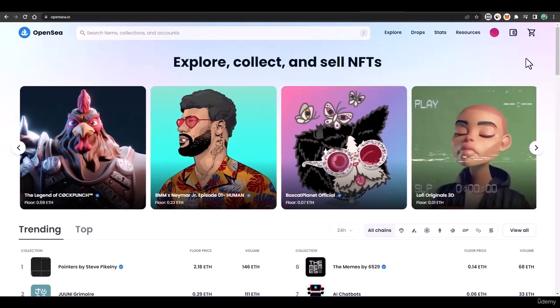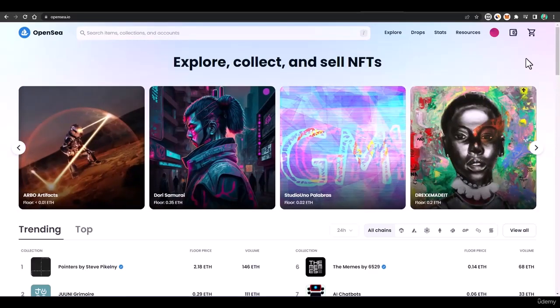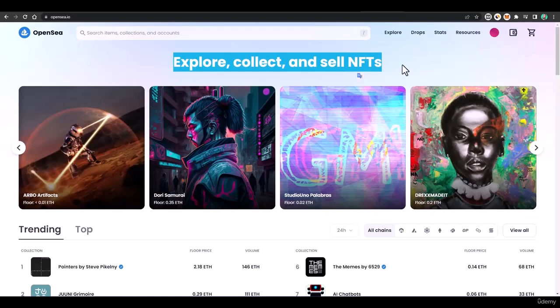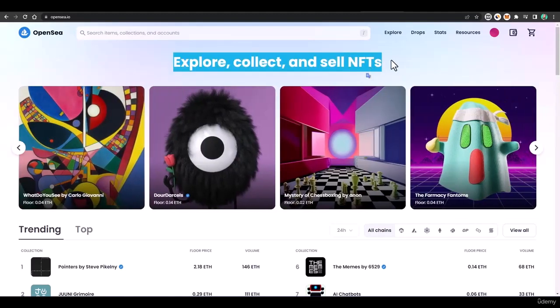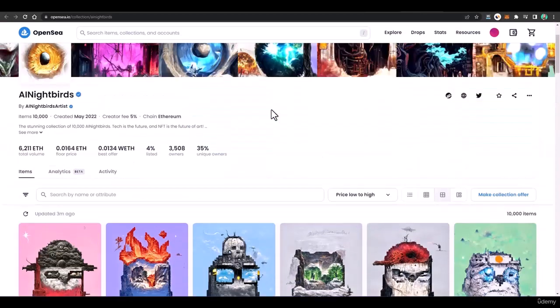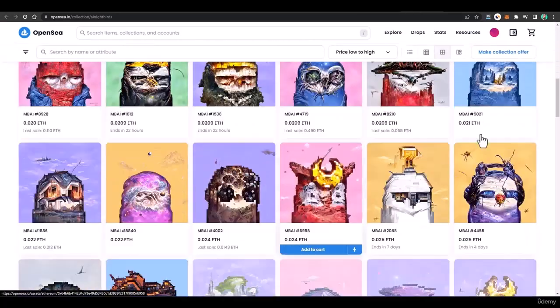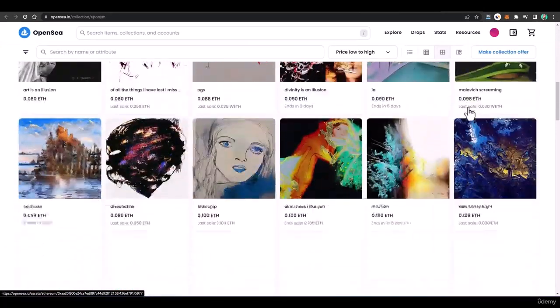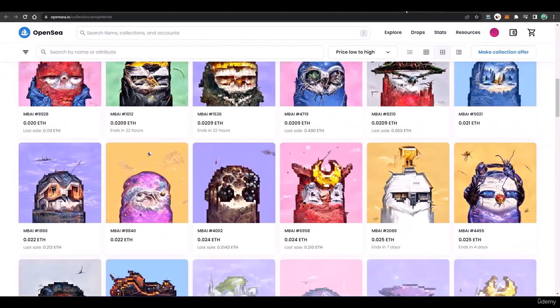Now, the question is, as here we see a lot of programmers and coders who are doing that NFT stuff, publishing collections and selling them, how would our NFT be sold, because we are just using AI and creating our stuff. So here you can see two creators that I got, AI Nightbirds, and these arts are built with AI, and this one is also selling arts made with AI. And here you can see they have big volume and they are verified creators.